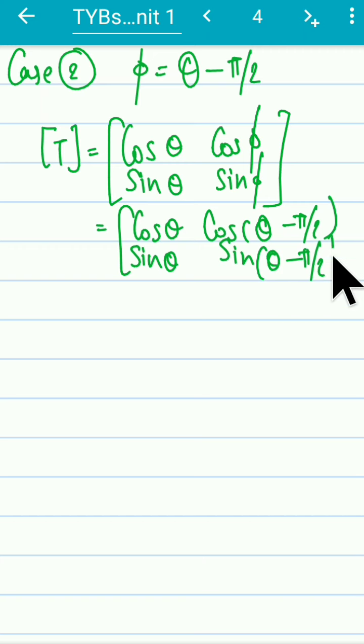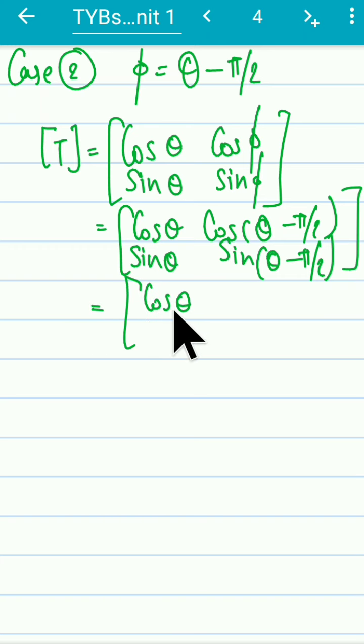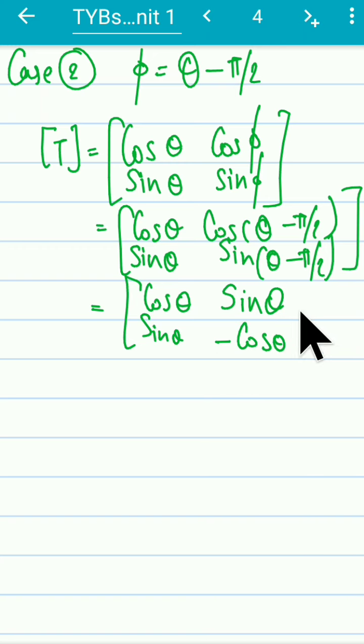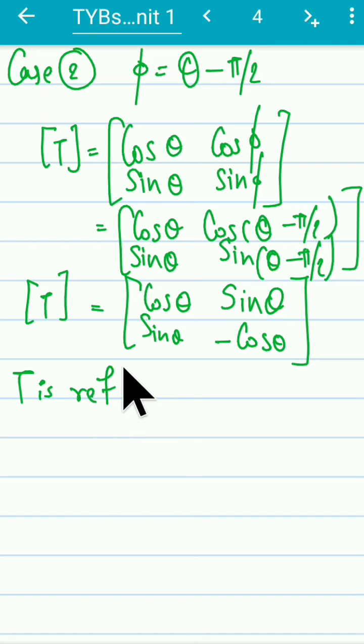Okay, so this is same as what? Just the formula that you have learned in 11th standard, right? So from that you know this is same as sin theta, and this is same as minus of cos theta. Okay. So can you tell me what is this? Yes, T is what? Is it a reflection? Yes, T is a reflection